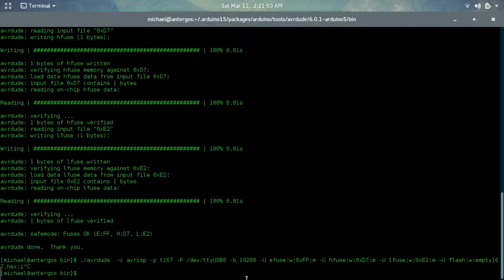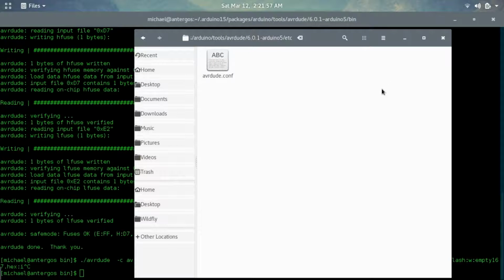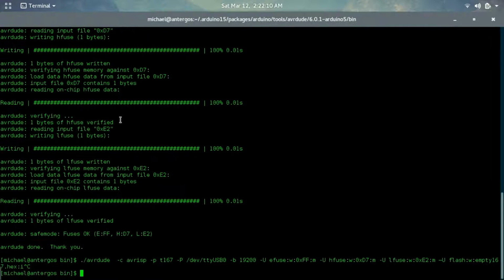I believe this uses one of these config files. It might be the /etc config file, or the one in .arduino15. I'm not exactly sure which config file it uses, but I did add one in /etc/avrdude. I did copy the configuration from the other file into /etc/avrdude